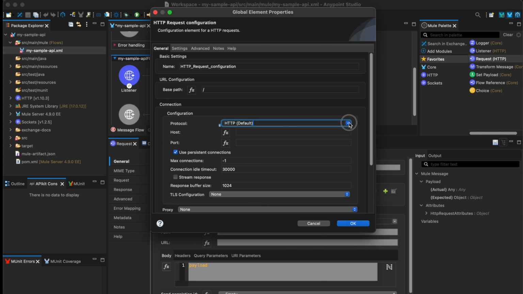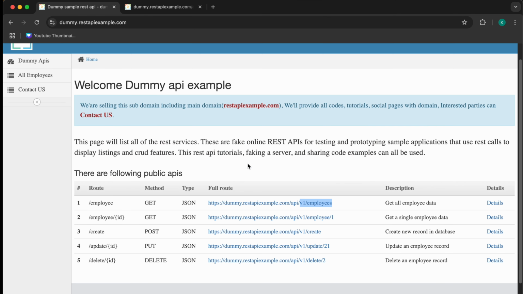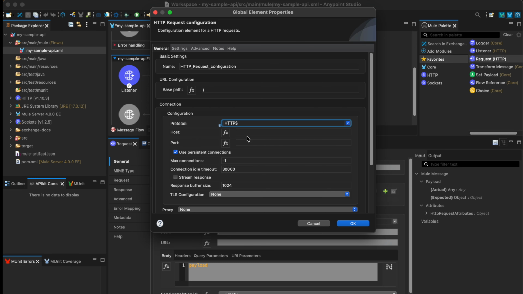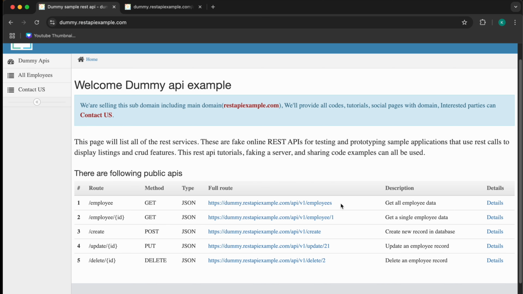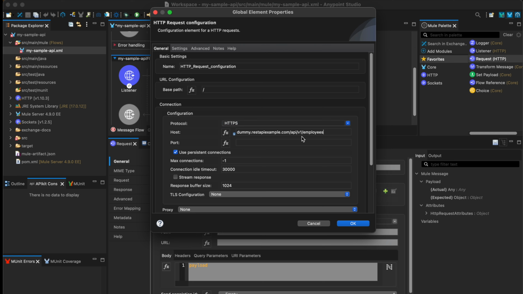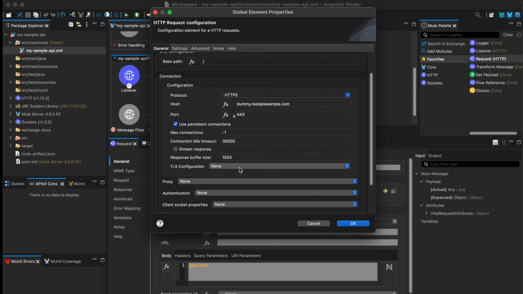So if you see, we can switch the protocols here. HTTPS, if you see here, our API works on HTTPS protocol. So I've changed it, and let's add the domain. This is my host. I will add my host as this one. Okay, port, since it is HTTPS 443, and if our API requires a TLS configuration, we can enable it over here,